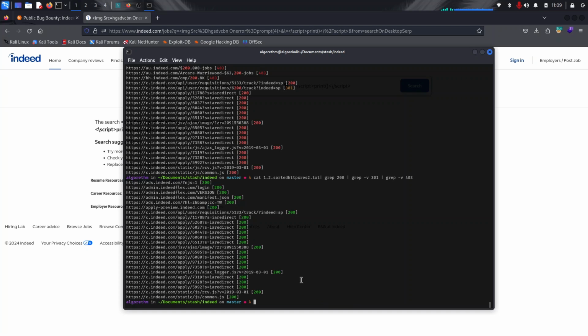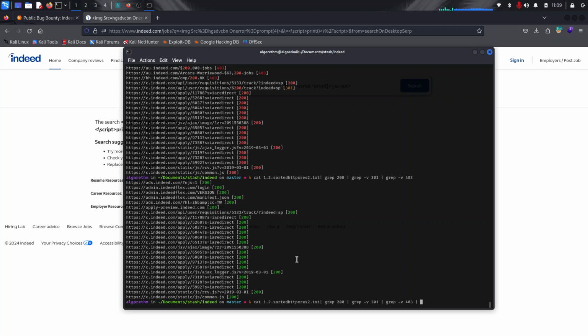So we have all this here, the 200 ones. And as you can see, this one is just indeed.com apply, then there's a number, then S, here direct. There are 3 of them here. Again, there are others here, as you can see. It's just the same link. So what I'm going to do,